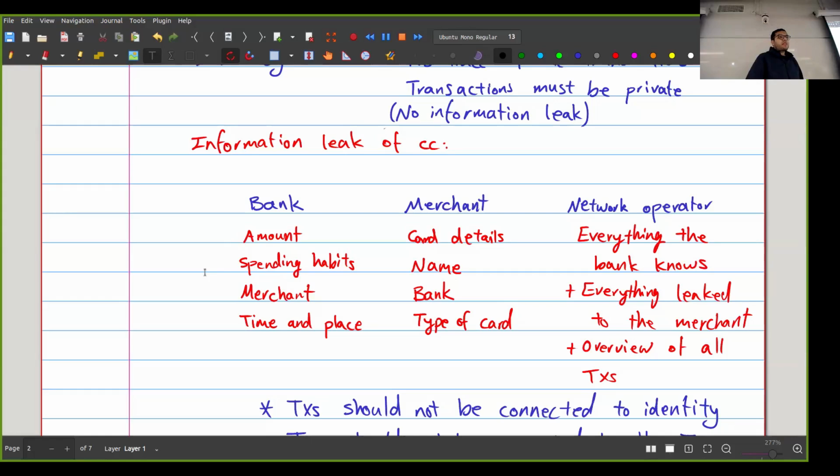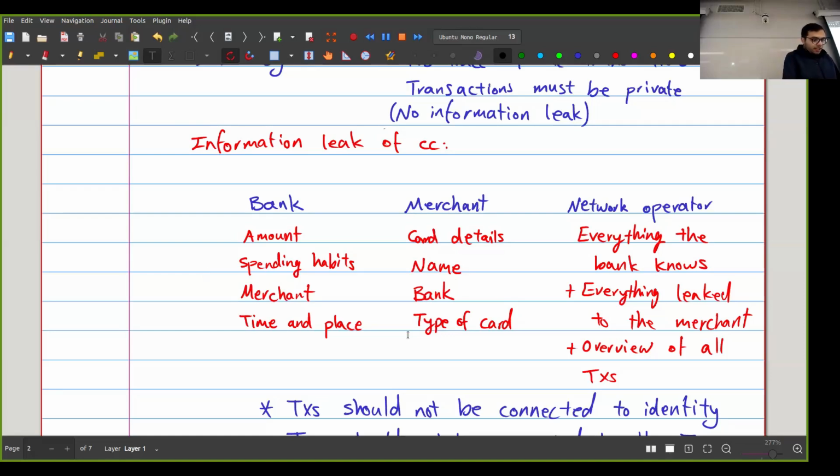Imagine that I'm living in Hong Kong, I have a bank account in Hong Kong, maybe I want to travel internationally, maybe I want to go somewhere else, I don't know. I want to go to Japan and buy something there. Why should my bank know that I'm in Japan? That's just a violation of my privacy that I don't like to happen.